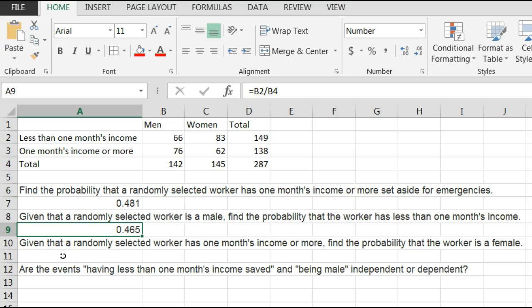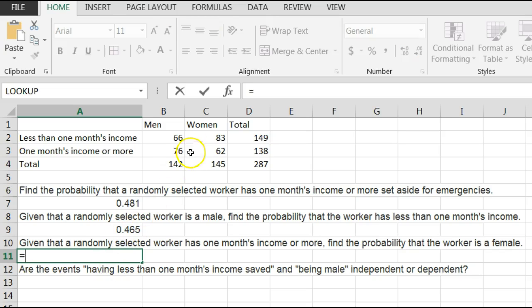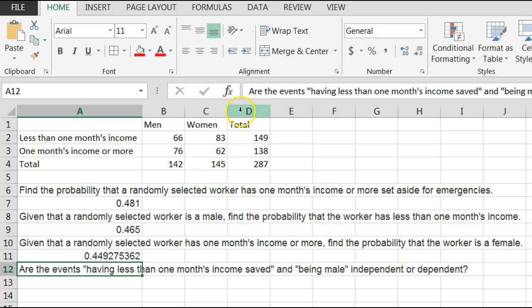The next one is asked a little bit differently. It says, given that a randomly selected worker has 1 month's income or more. Again, given that, so I'm only dealing with those 138 that do have 1 month's income or more set aside. So that will be my denominator. Find the probability the worker is a female. So in this case, I'm going to say equals those 62 women there divided by the number having 1 month's income or more set aside. So my answer is going to be